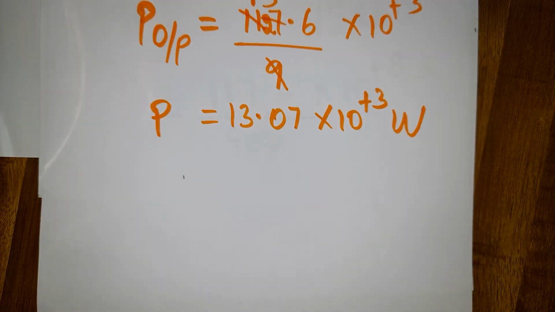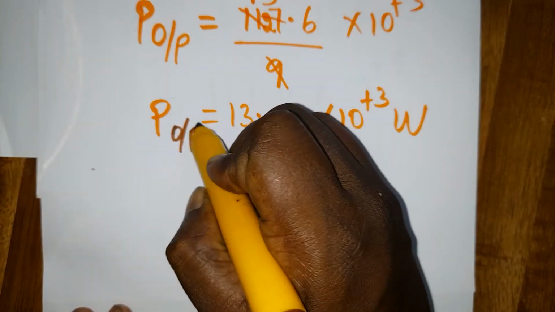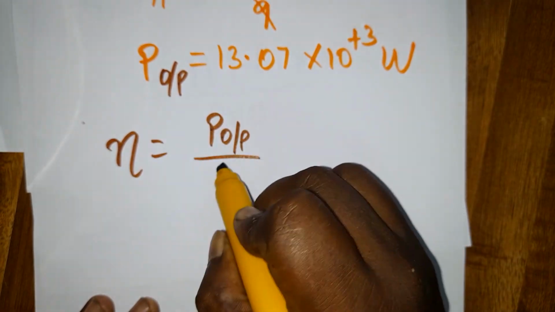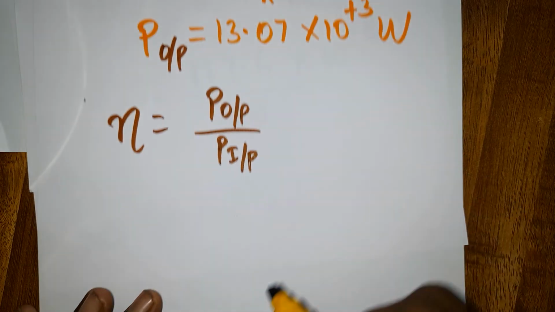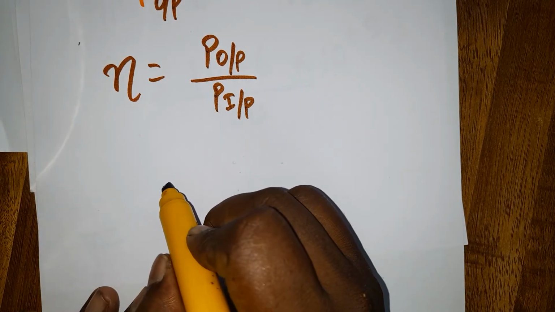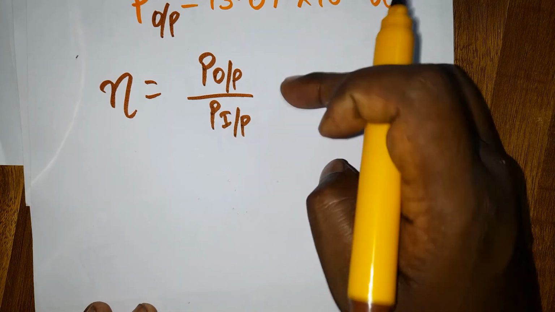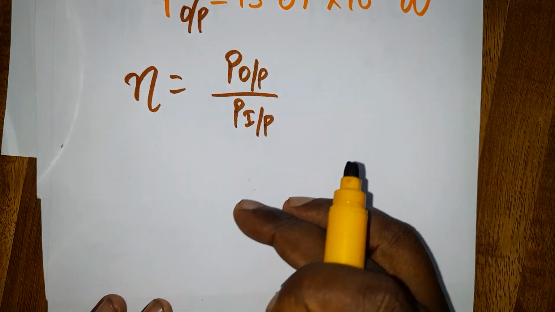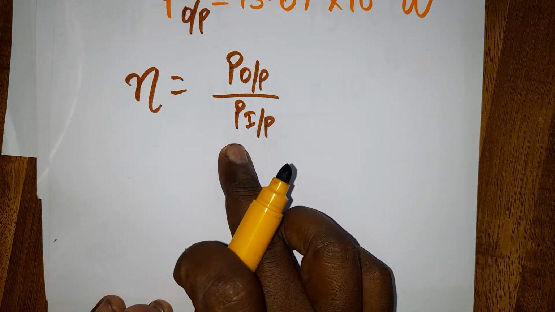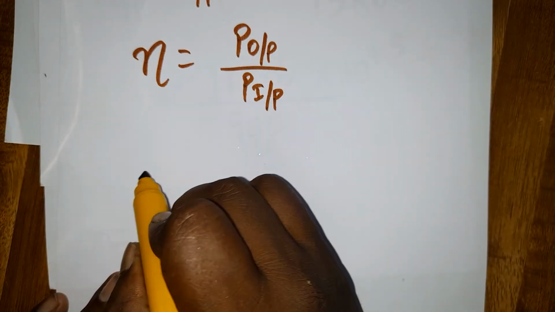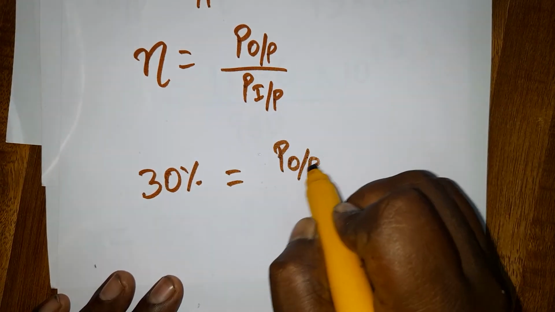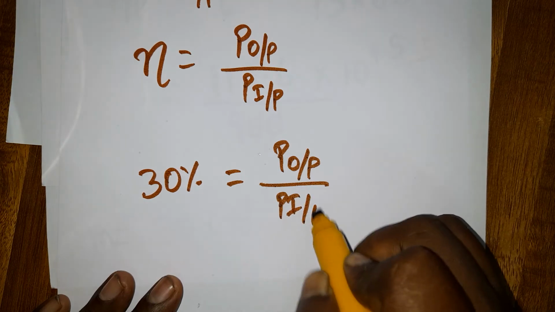Next thing what I am going to do is, it's going to be output power. I am writing the efficiency formula. Efficiency is equal to output power divided by input power. So 100% efficiency means input is equal to output. But here we are not getting efficiency as 100%. Actually, the output is taken as 30% of input power only. Efficiency is going to be 30% only, which is equal to power output divided by power input. I want to find the power input.